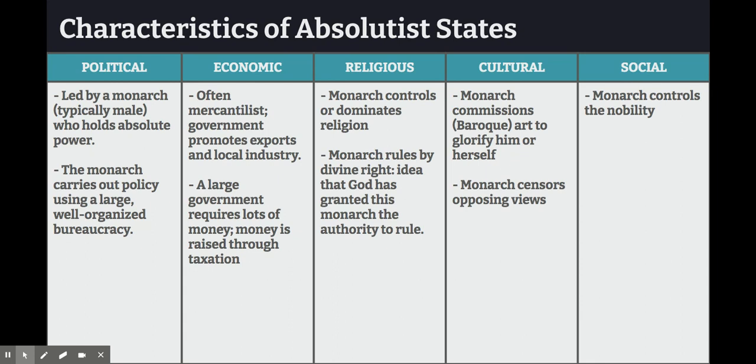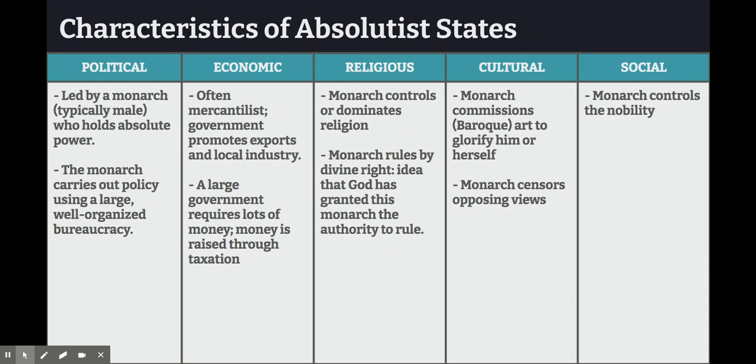In addition, another really important religious idea in absolute monarchies is the idea of divine right. These monarchs claimed that their regimes were backed by God. So they had been ordained to rule by God. And what this did is it inspired a lot of loyalty, right? Because if you challenge the monarch, that means that you're challenging God, and that's not a great idea. In terms of cultural characteristics, monarchs used Baroque art and architecture to glorify themselves, just like the Catholic Church did during the Counter-Reformation. Monarchs also really strongly controlled the press and speech, so they did things like issue policies that censored speech that was unfriendly towards them.